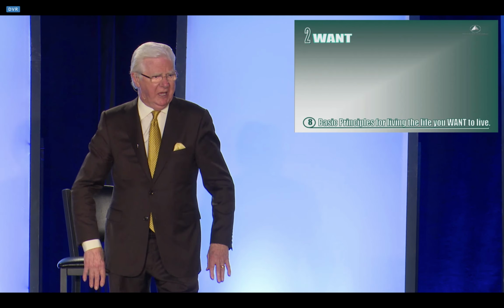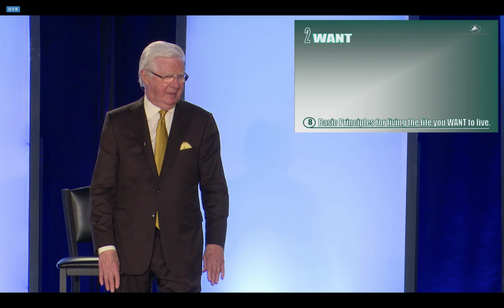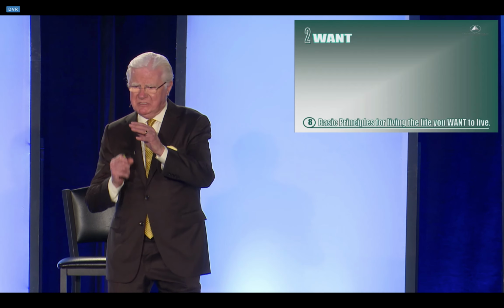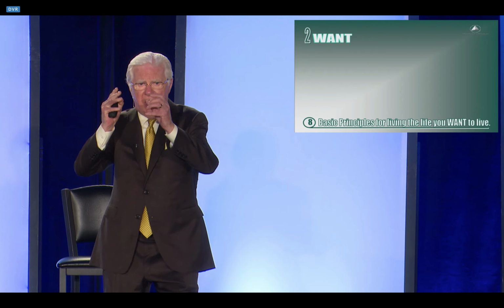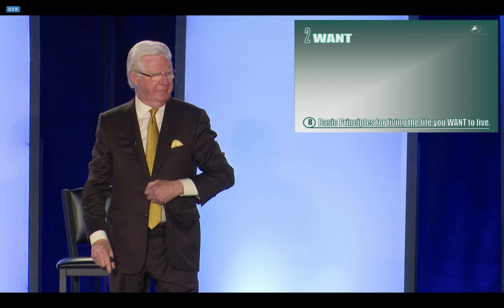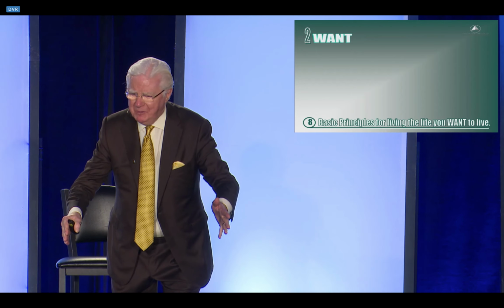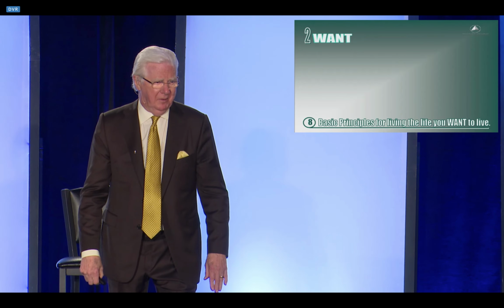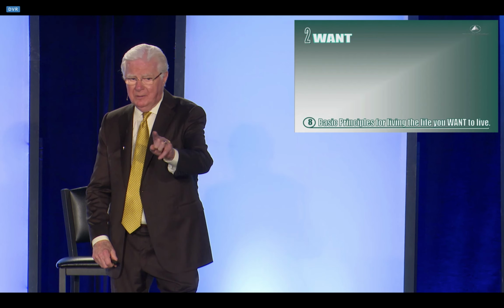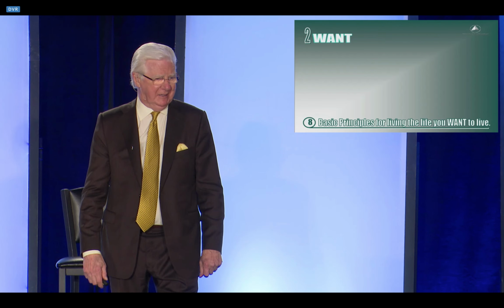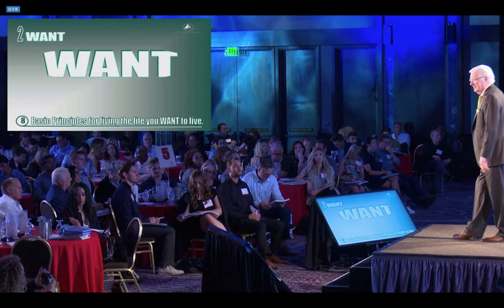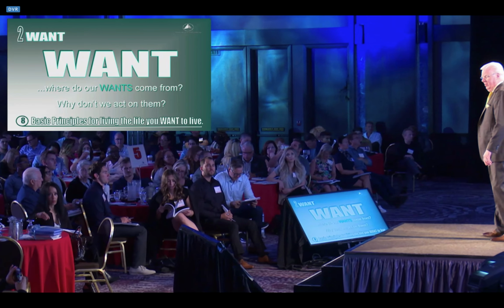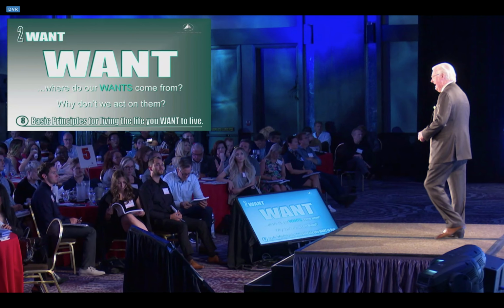When you're going the wrong way, you've taken over and you're messing it up. The want comes into our consciousness to cause us to stretch. If you don't want something, you're going to stay where you are. When you do want it, that's when you're going to go and get it. So you see, you've got to want it. Where do our wants come from? They come from the essence of who we are.